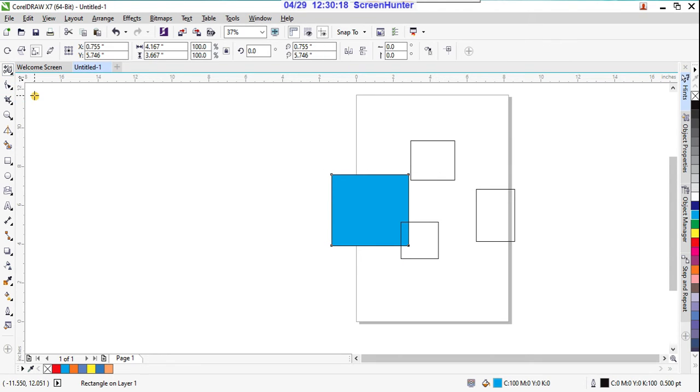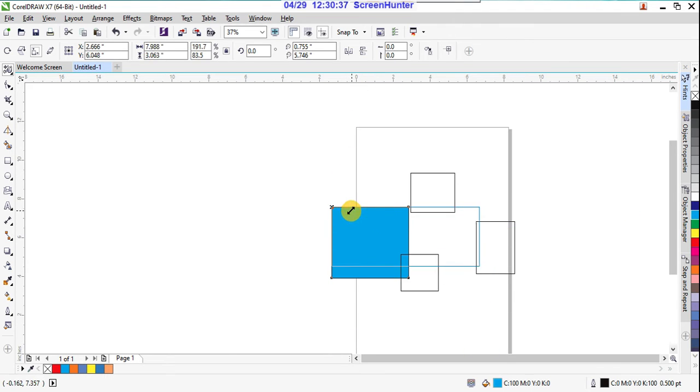And this is free transform. So with the free transform tool, rotate, skew, mirror and scale objects. So you can mirror, see, you can mirror or skew and scale objects accordingly, with your hand pressure, right?